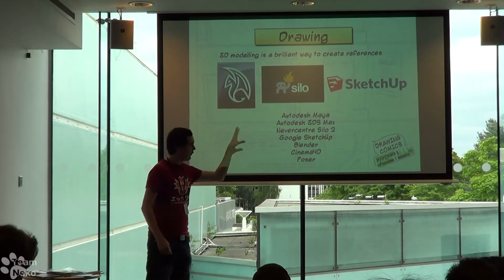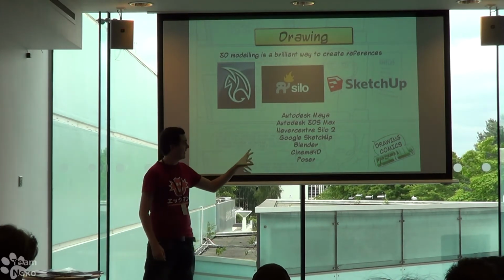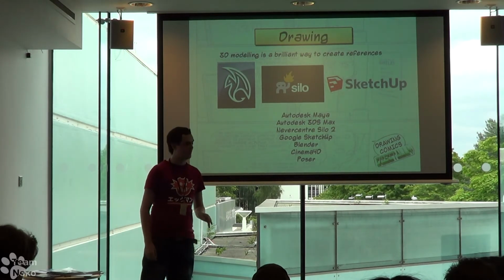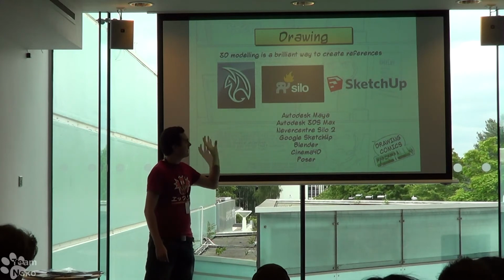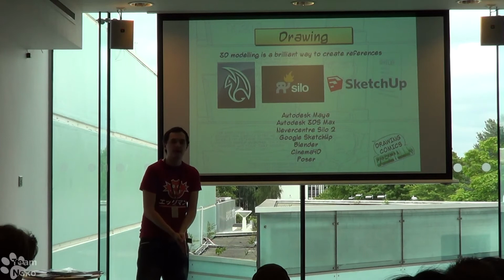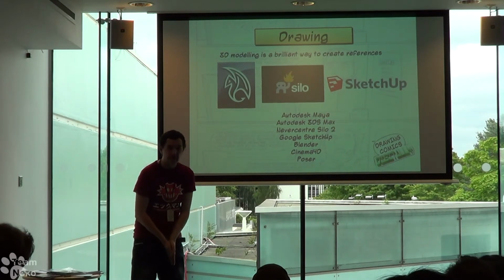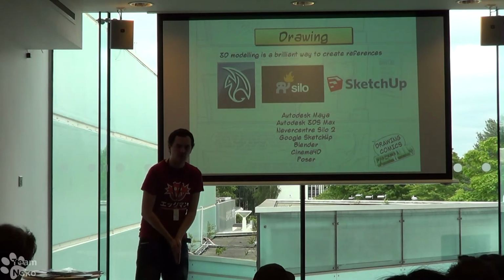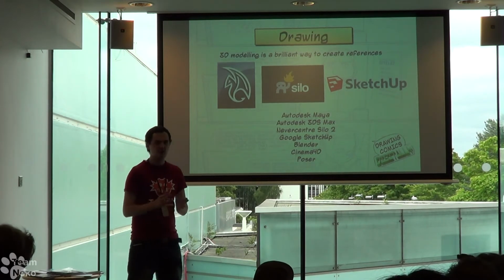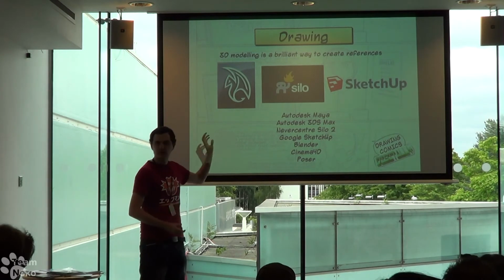Obviously the expensive ones are Autodesk Maya and Autodesk 3ds Max. Now I love Maya, my daughter is named after Maya, and I wish I was kidding. But I got to use them during uni, I got to get used to them. They're complicated programs. You go into them, you've got menus within menus within menus. It is menuception within Maya and 3ds Max. For what you want to do with comic art, usually you're putting up very rough references, don't use it,